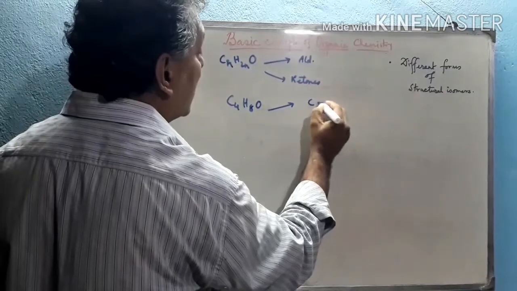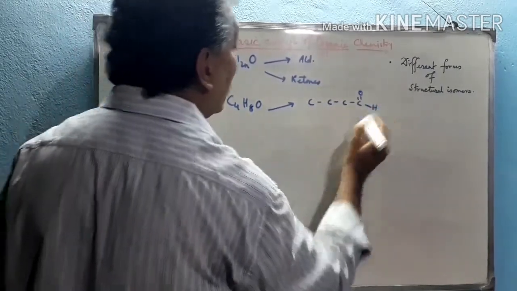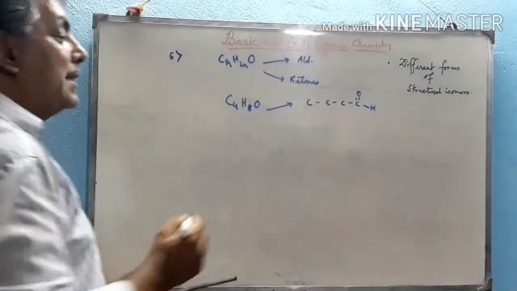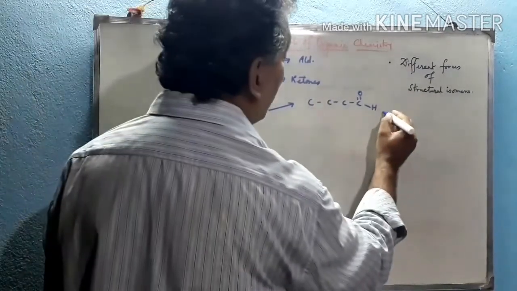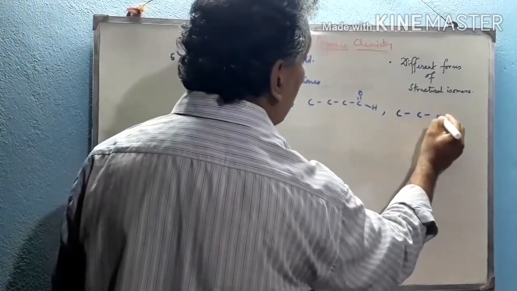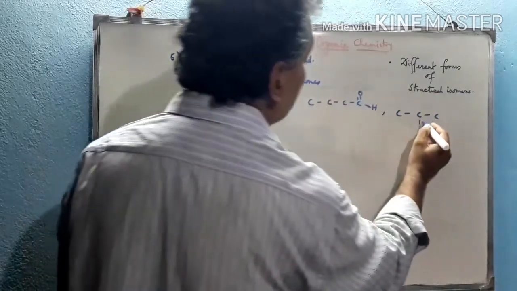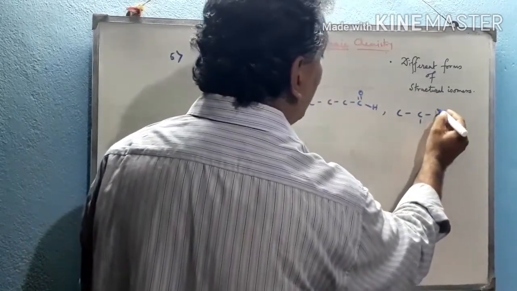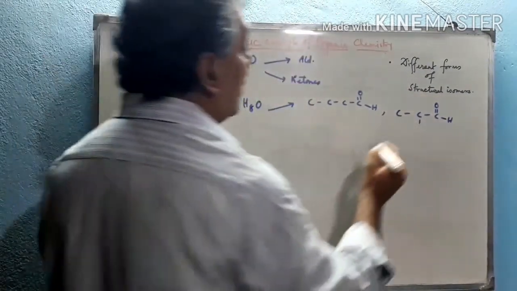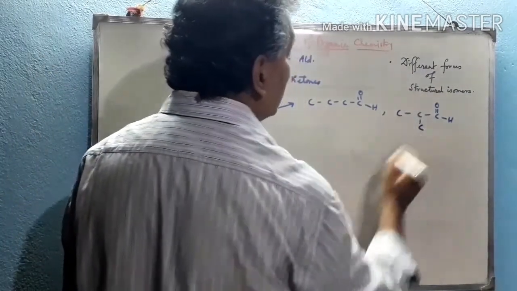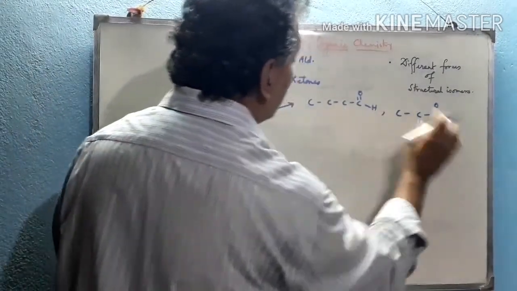Now draw these structures with respect to the aldehyde group, a 4 carbon system. This is butanal, C4H8O. And the second one is by changing the position of the methyl group. The carbon atoms in the main chain will be different, but the total carbon atoms remain the same. This is 2-methylpropanal. So these two are positional isomers of each other.